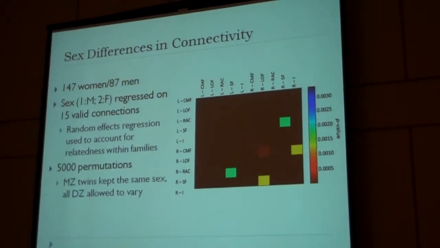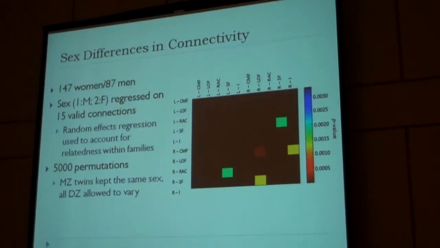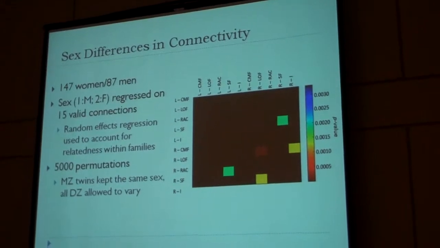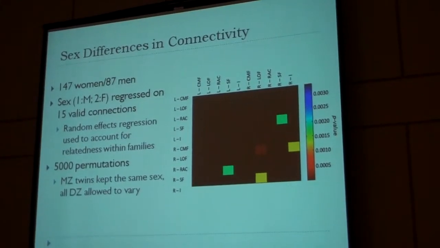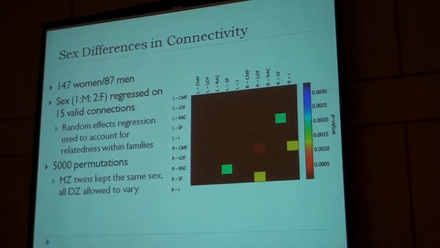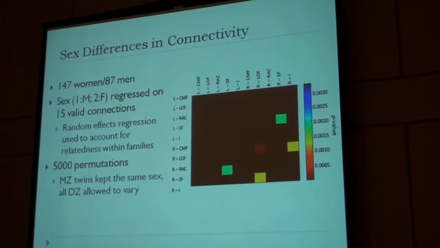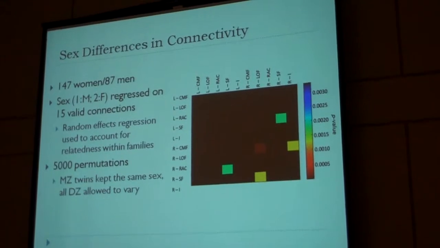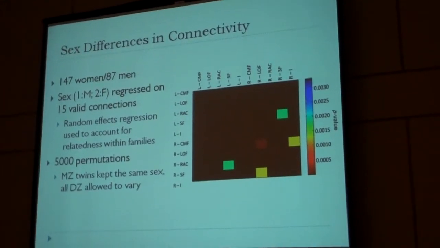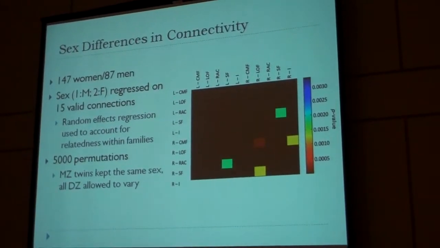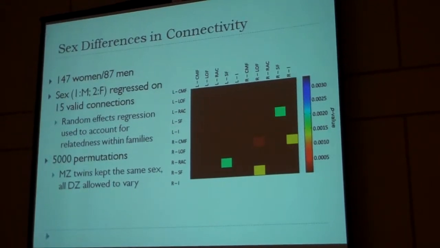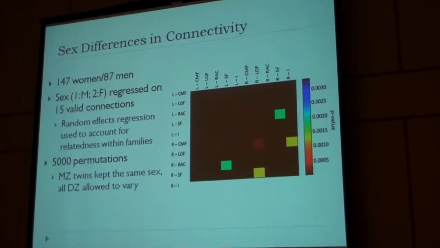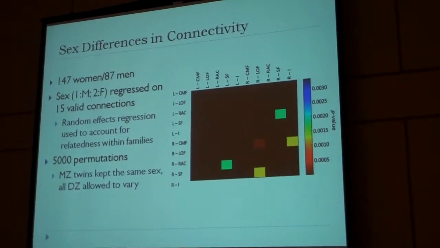The figure on the right shows the p-values of the significance of the sex differences in connectivity across the frontal cortex, between and within hemispheres. We use a random effects regression to account for the interrelatedness of families in our subject set. Our results show that the highest significance in